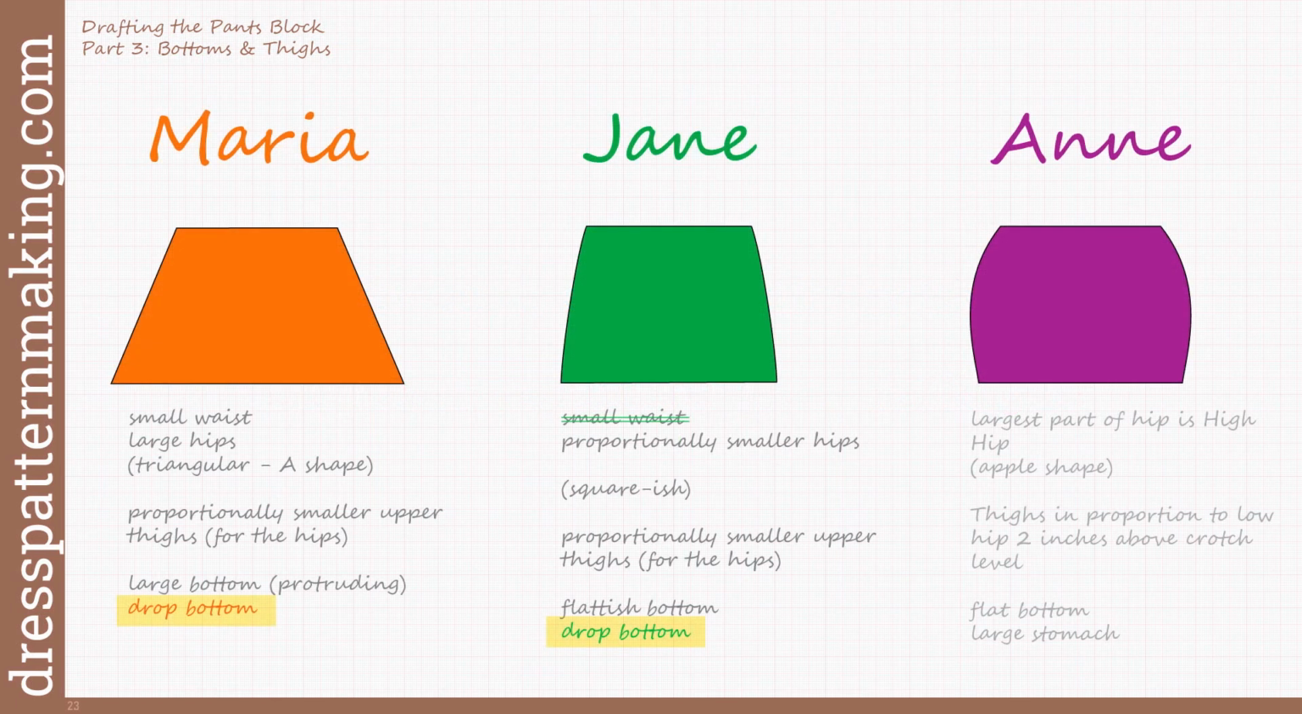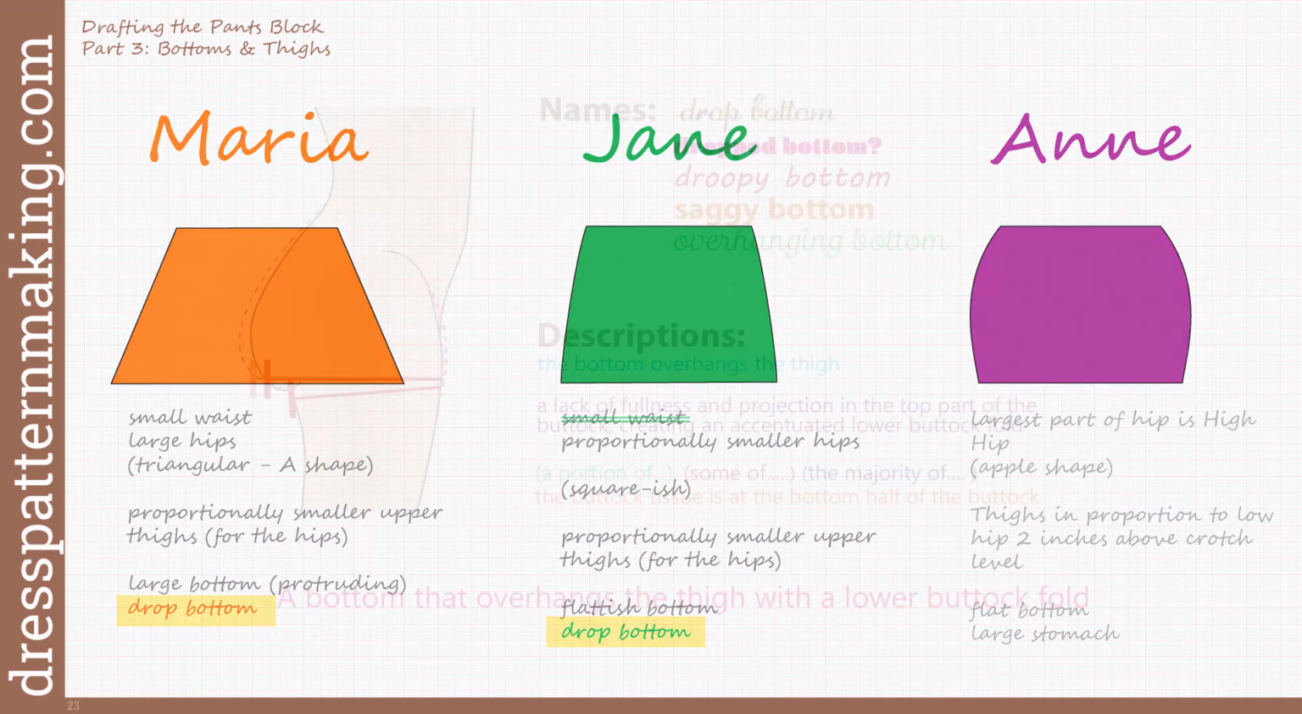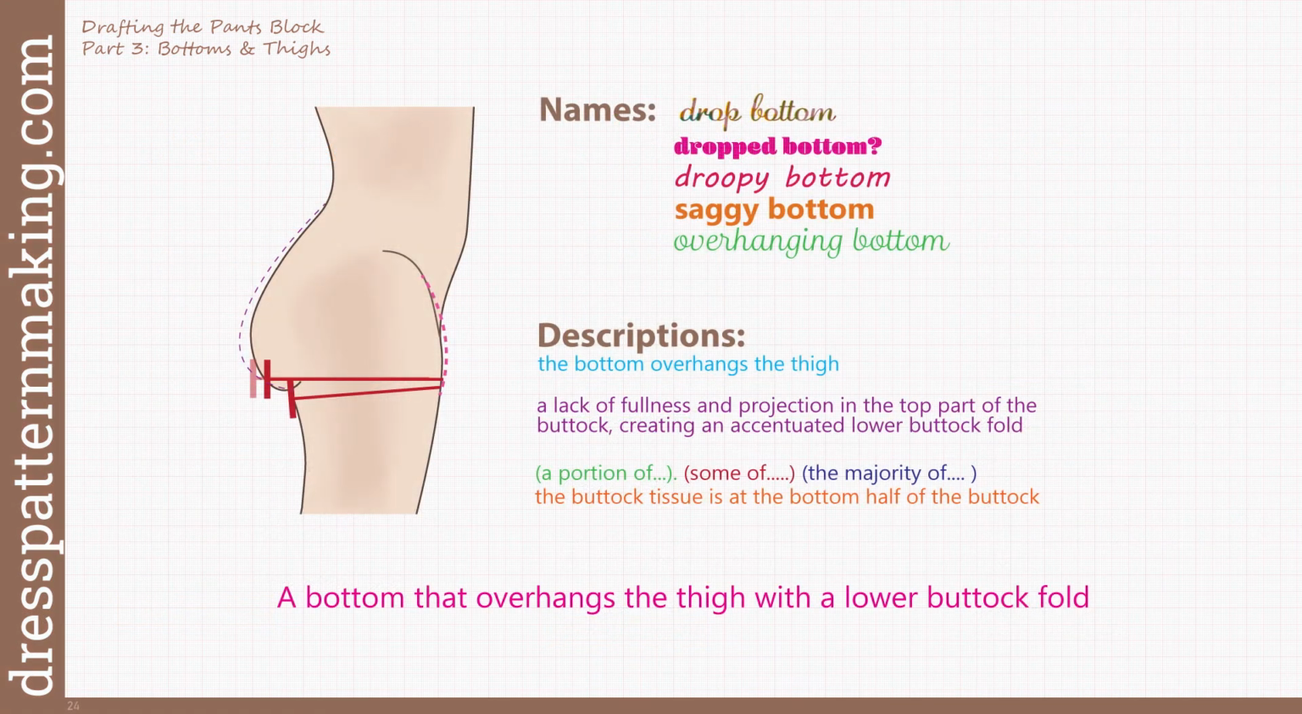If you look at the description of Jane and I, you'll see that we share something in common. We both have a drop bottom. Some people might call it a saggy bottom, droopy bottom, overhanging bottom. It's where the bottom overhangs the thigh. Other ways to describe it is a lack of fullness and projection in the top part of the buttock,